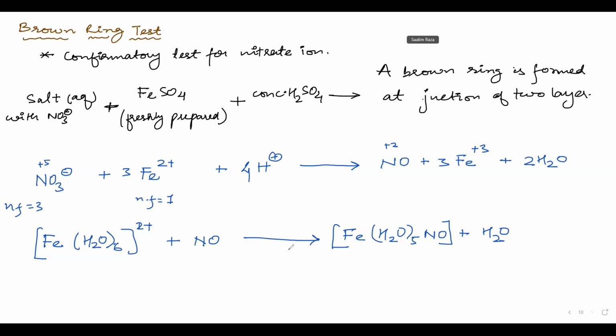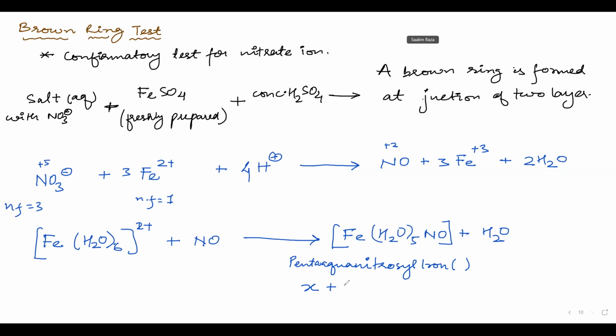Now regarding this, what is this? This is penta aqua. This is the brown ring complex, penta aqua. Remember this name also: nitrosyl. Penta aqua nitrosyl iron. Then in this bracket we have to write its oxidation state. So how will we calculate the oxidation state? For Fe it will be equal to X.